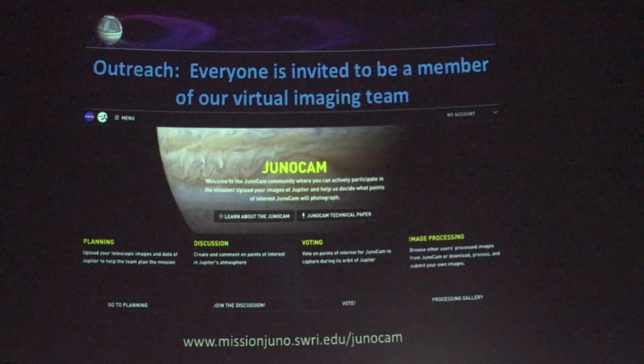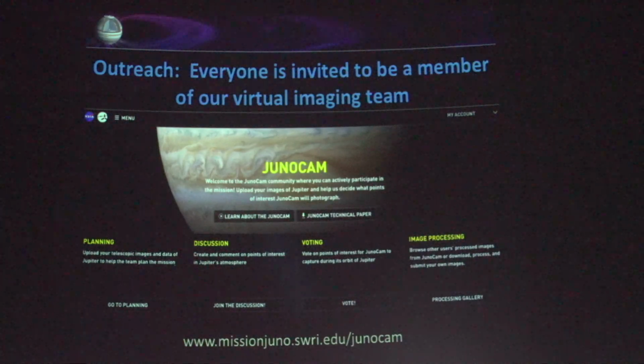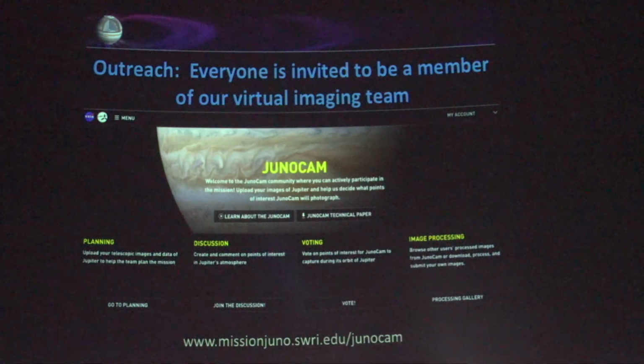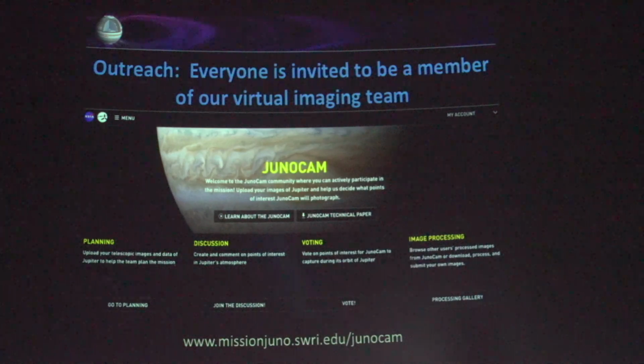processing the data. We're actually working on a 5th step, which we're going to call analysis, but it's not quite done yet. So we developed this website with these 4 different ways